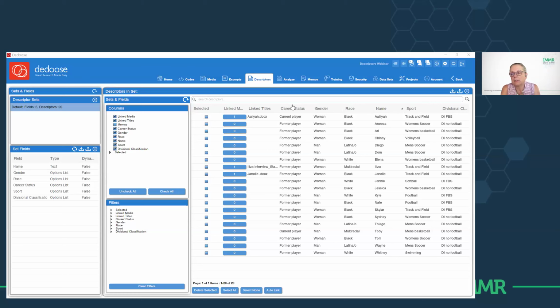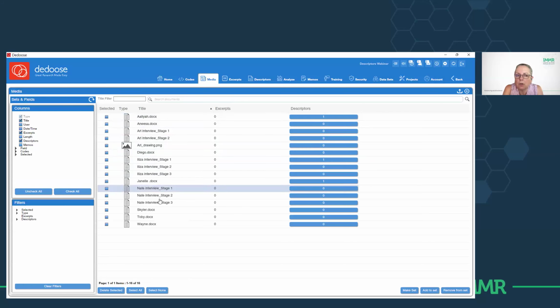Okay, well, how you get the media into Dedoose in the first place is something we're not covering today, but we'll send you resources to show you how to get media into Dedoose, which is sort of an introduction to Dedoose webinar. The 2 names that need to match are the name of the descriptor profile and the name of the document itself in the media. So those names have to match. So for instance, elia.docx would have to be in the first column of the spreadsheet for it to actually auto link. And we'll come to dynamic descriptors in a minute. And we'll also be adding a new descriptor field shortly. So we'll come to that one shortly too.